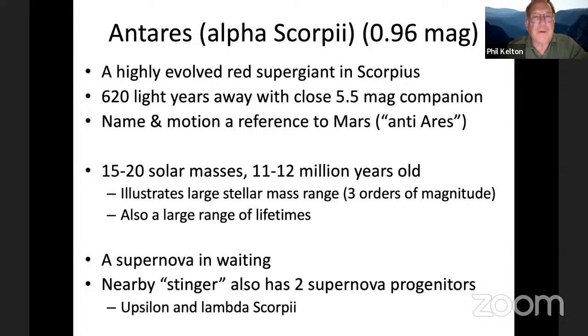Okay, finally, the last of my first set of stars is Antares, which is Alpha Scorpii. And it's a highly evolved red giant, supergiant actually, and it's quite a bit further away than Vega and Altair, over 600 light years, and it does have a fainter companion. And one of the fun things I like to tell people is the origin of the name is that it's